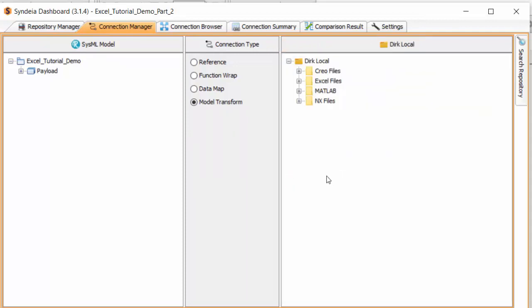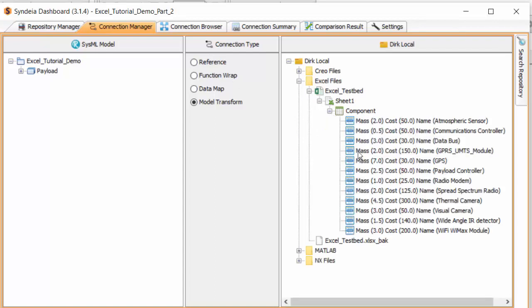where we can access the Excel testbed file and find and expand the components table. We choose the data map connection in the central column because we are transforming single elements in their values rather than structures of elements. For our UAV payload, we want a payload controller, a thermal camera, and a WiMAX communications